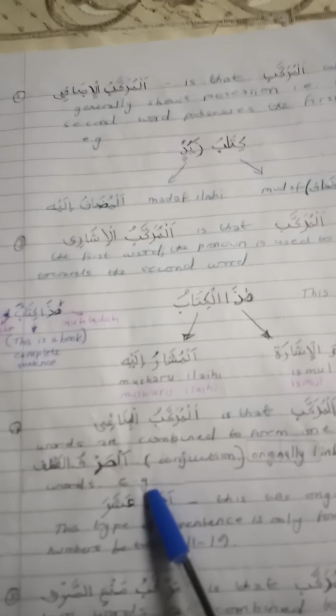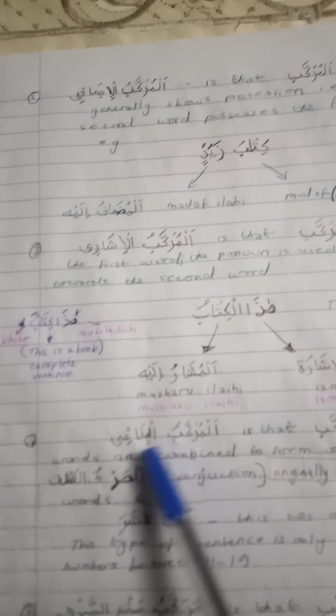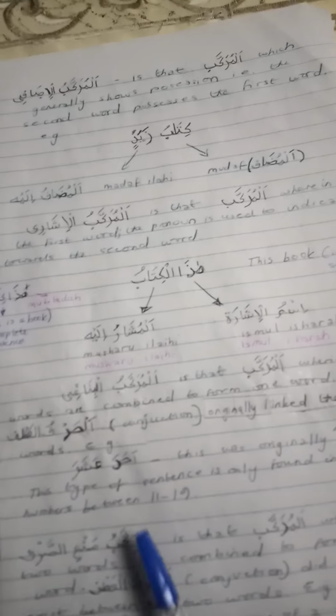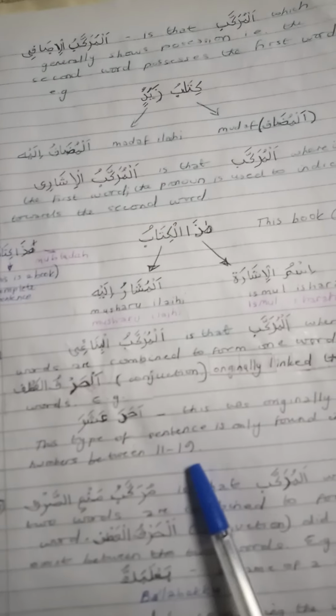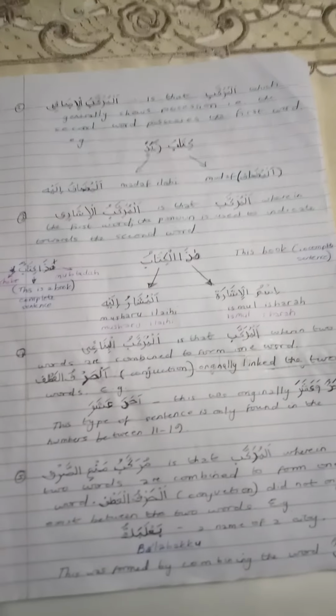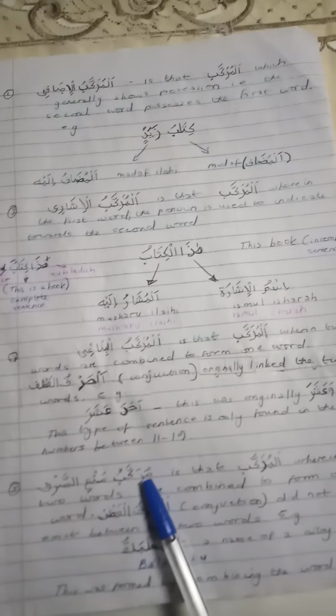So in this type where you have the murakkabul bina'i, this applies to numbers, and it says this type of sentence is only found in the numbers between 11 and 19. And the last example is